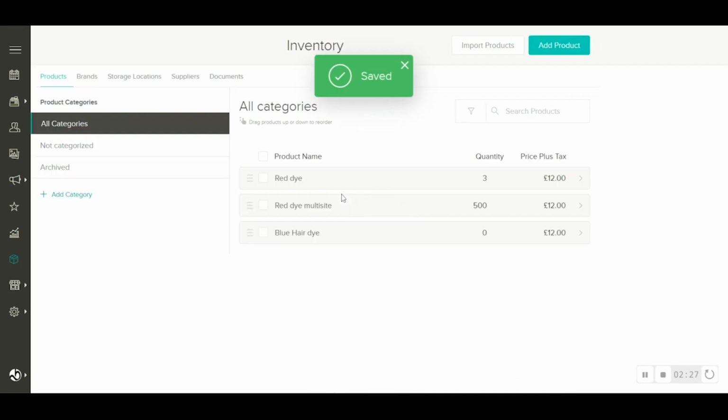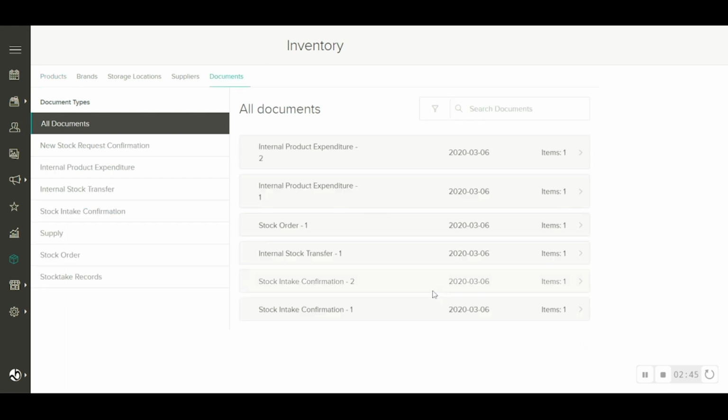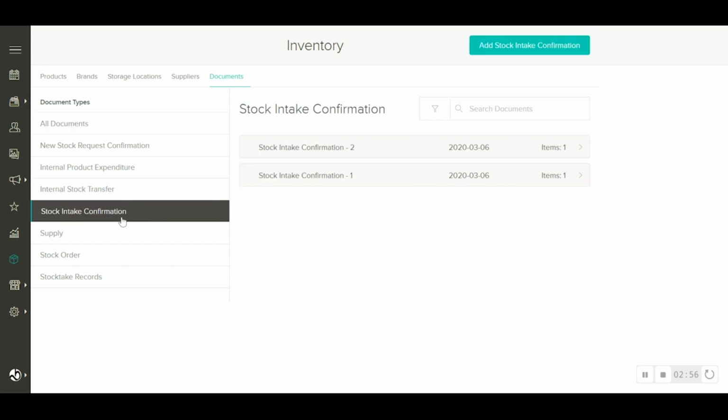If I click save, you can see it's come in here. So once you've added your product, you're going to need to give it some quantity. As you can see, we're currently at a quantity of 0. In order to add quantity, you actually need to use the documents section. Within documents, you have a few different types of documents that you can use. To add stock quantity in stock, you're going to need to use the stock intake confirmation. If you click on this document and click on add stock intake,